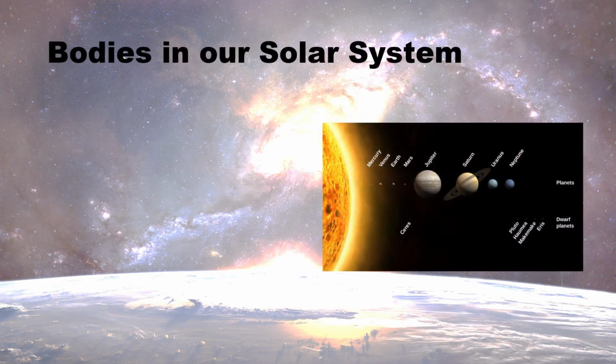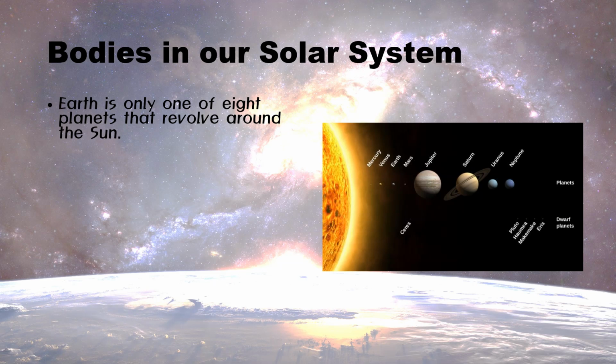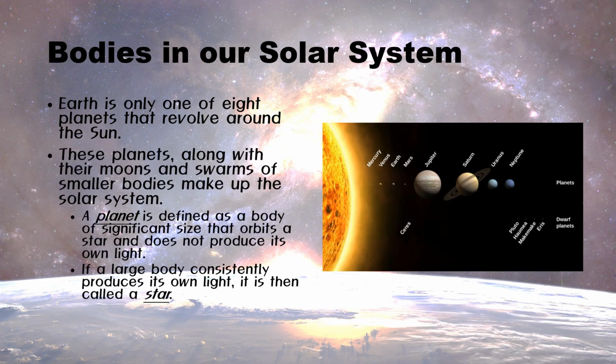Now, Earth is not the only body in our solar system, because now we're trying to zoom out just a little bit. Of course, we have our planets and some other objects here. Earth is one of only 8 planets that revolve around the sun. These planets, along with their moons and swarms of smaller bodies such as asteroids, dwarf planets, etc., make up